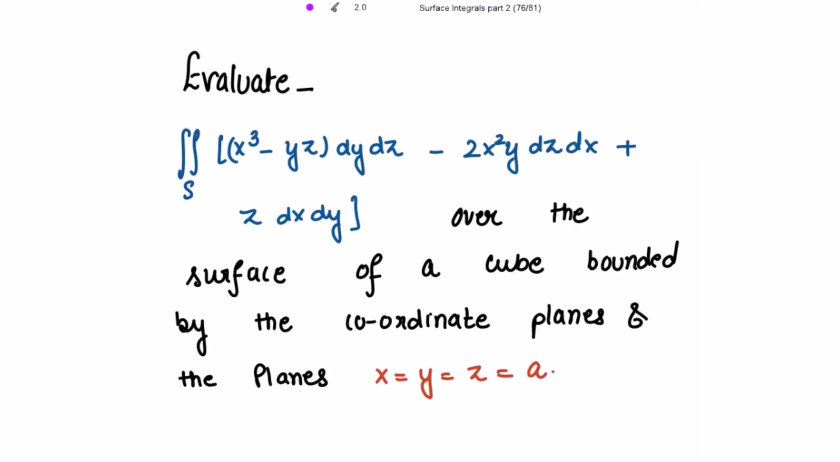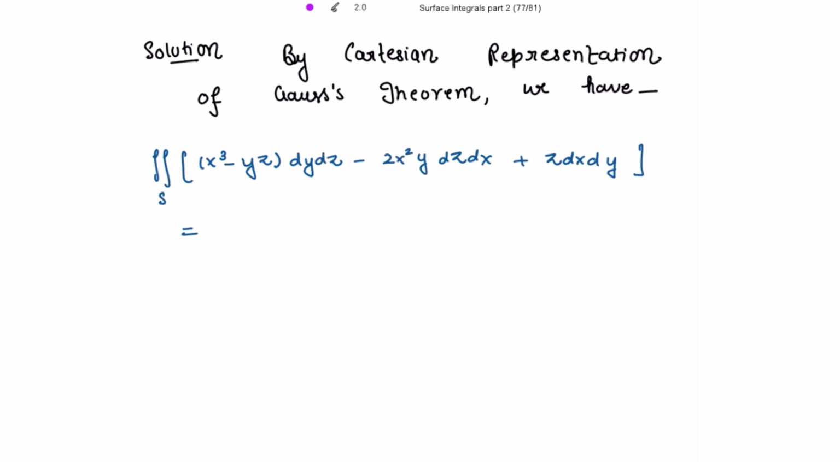Evaluate the surface integral over the surface of a cube bounded by the coordinate planes and the planes x equal to y, x equal to z, x equal to a. So here we are going to use the divergence theorem in Cartesian form, Gauss's divergence theorem. By the Cartesian representation of Gauss's theorem, we have this surface integral to be equal to